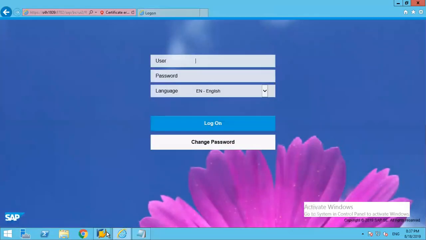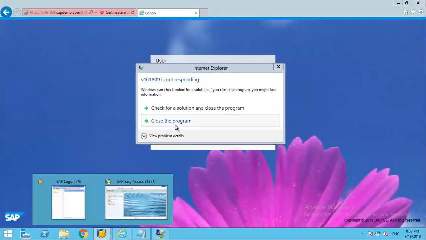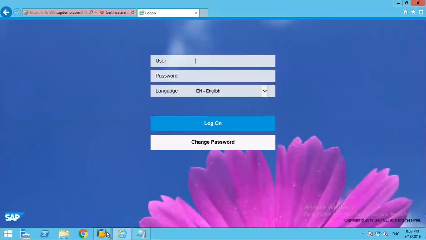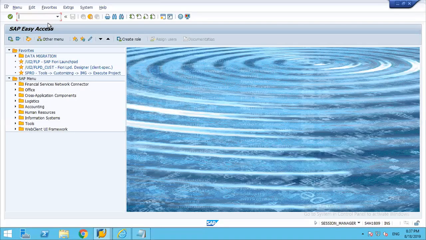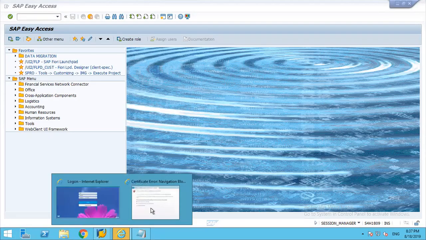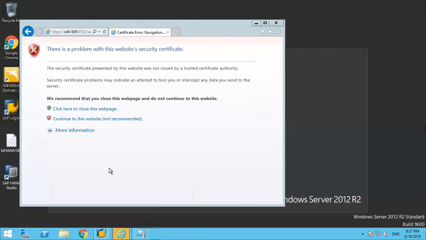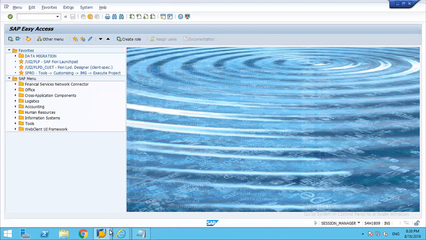Let me try it once again. /n/ui2/flp, Fiori Launchpad. Okay,